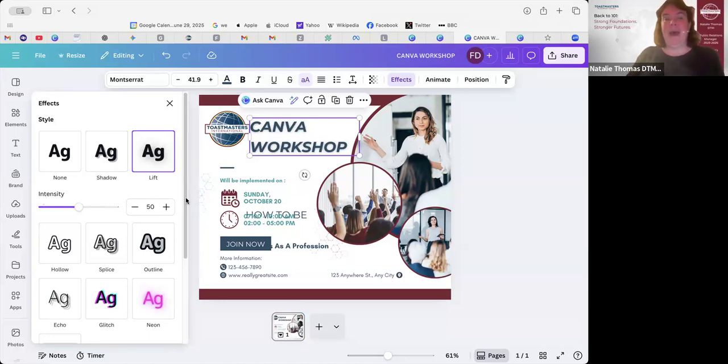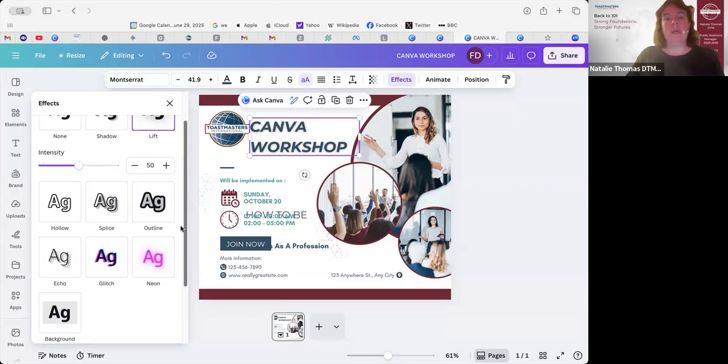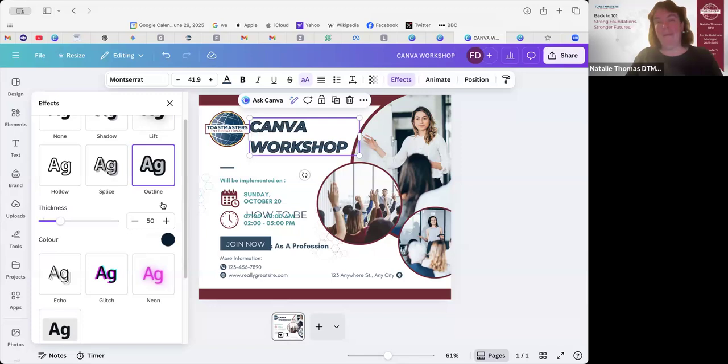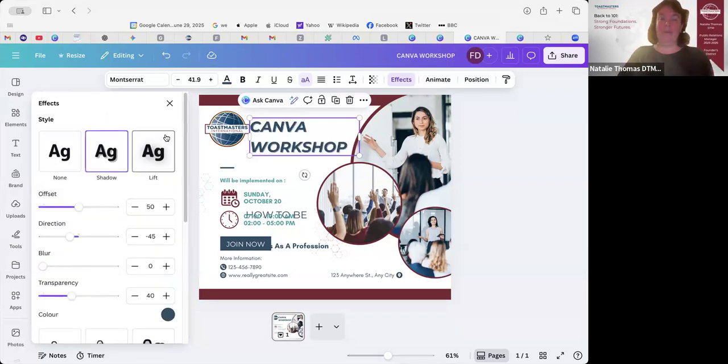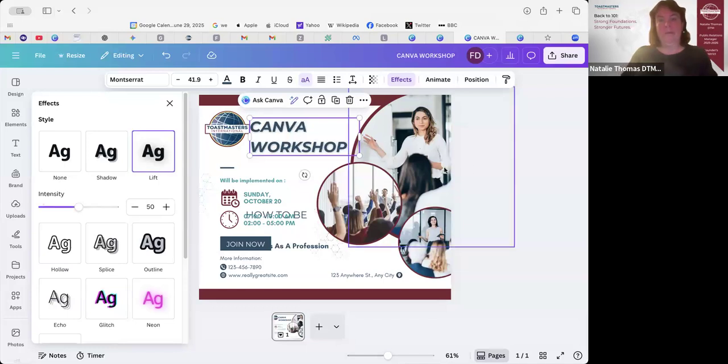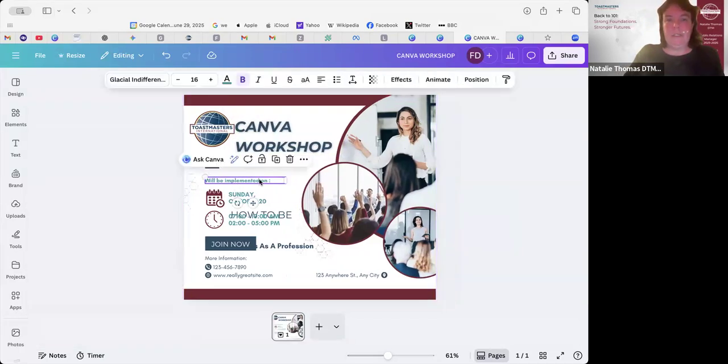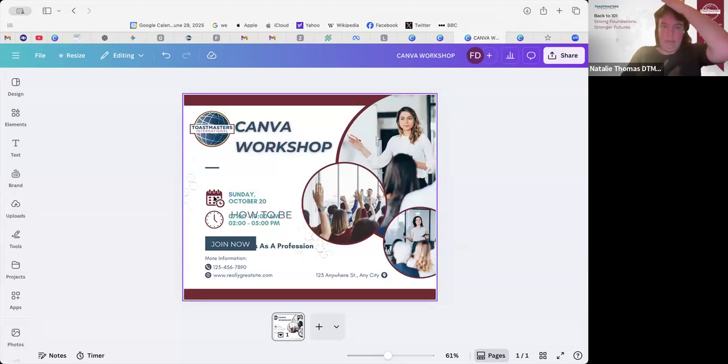I have seen in the past some clubs using some of the other functions like that, but again, you really need to make sure that you are following brand standards. So that is only using your shadow and the lift. So if we get rid of this,